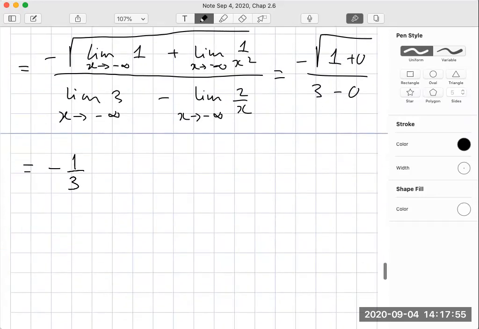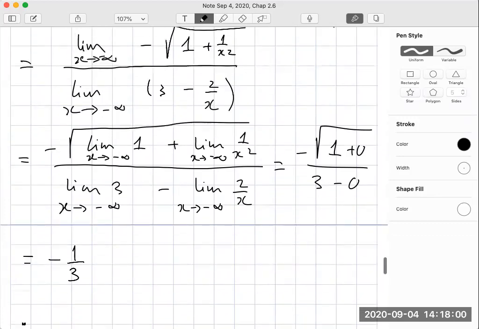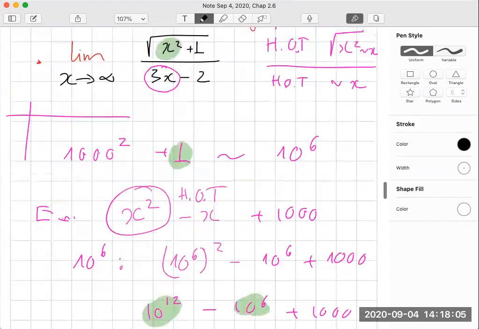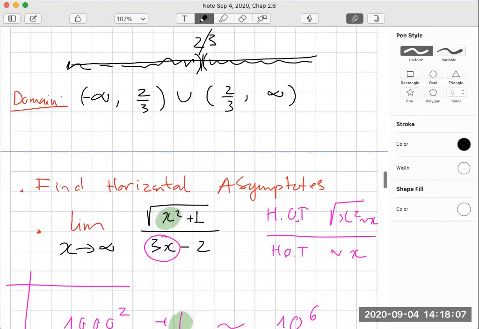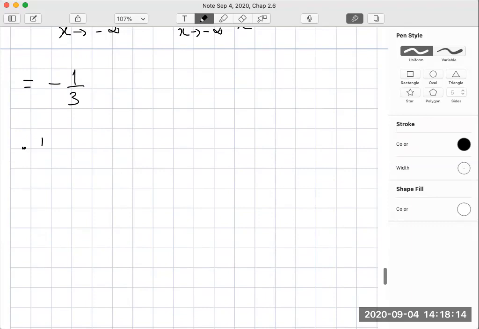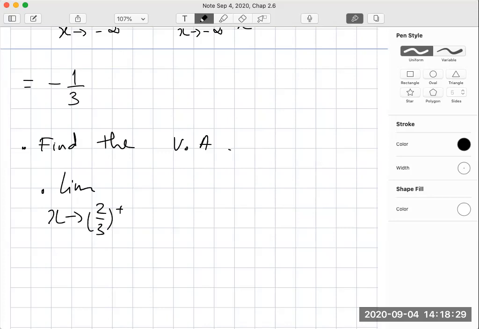And now, how about the vertical asymptotes? We see that from the domain here, we know that it is continuous everywhere except at 2/3. That's something weird here, right? So let us find the vertical asymptotes by computing the two limits. The first one is x approaches 2/3 from the right of this guy,